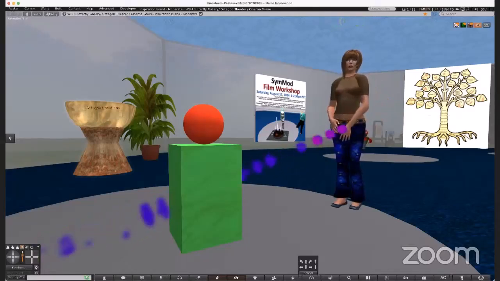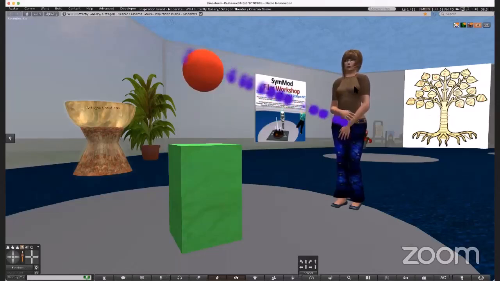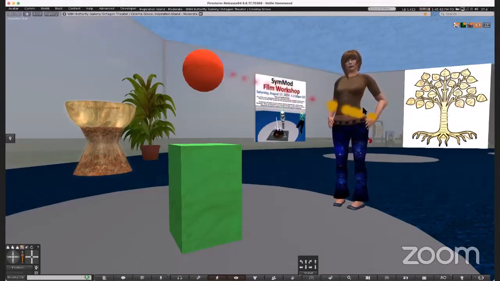Exactly. So maybe you could just see what happens if you raise the red ball in the air a little bit. And then what would the dialogue be like now?